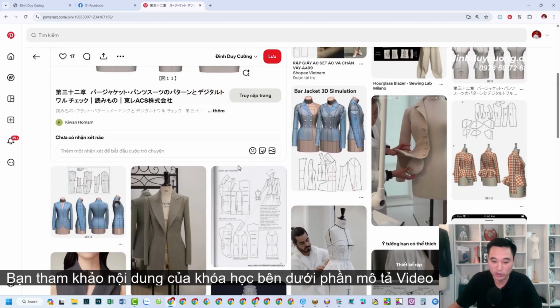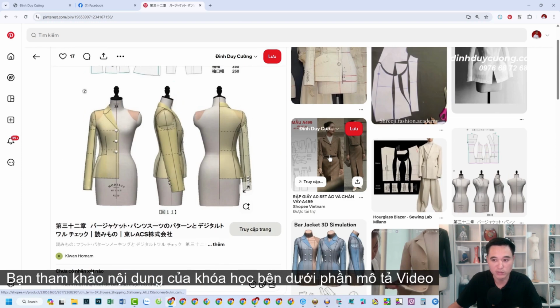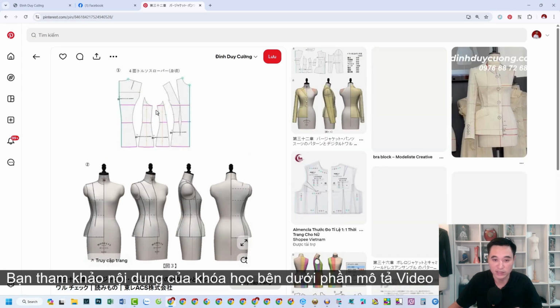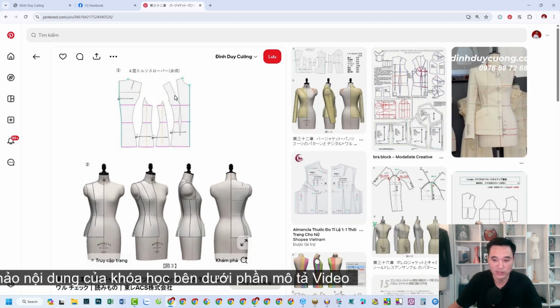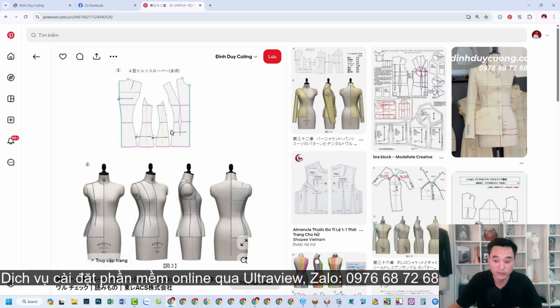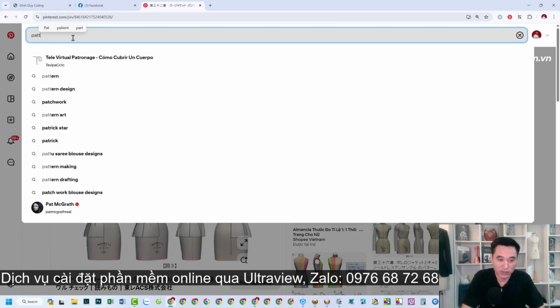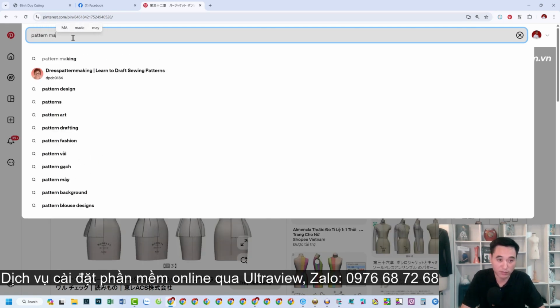To achieve a higher level of accuracy, the measurements will be more precise. However, if you want the measurements to be absolutely 100% accurate, it's actually very difficult. Because when you take a photo like this, it becomes quite challenging to determine exactly what the measurements are, right? So, let me give an example. Let's consider the case of a tiered marketing dress.